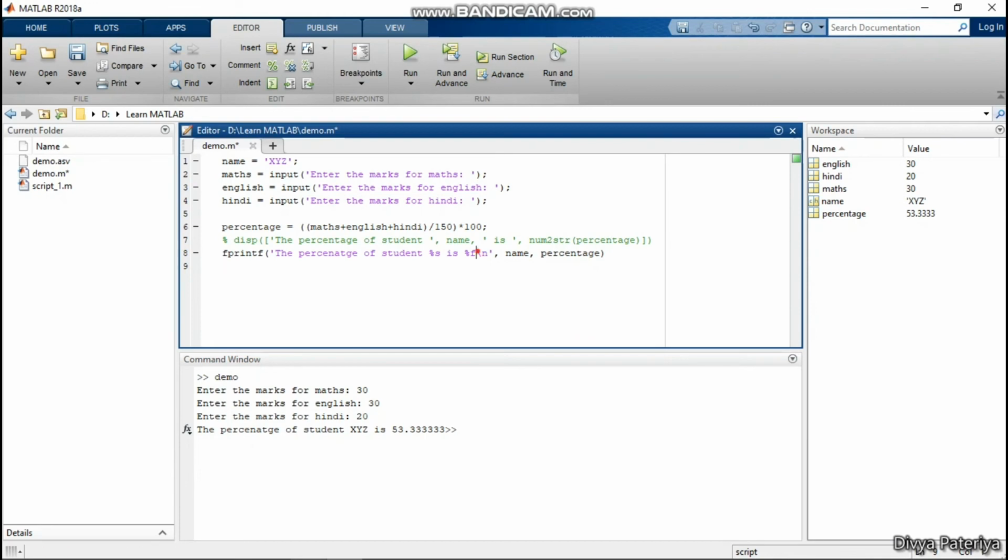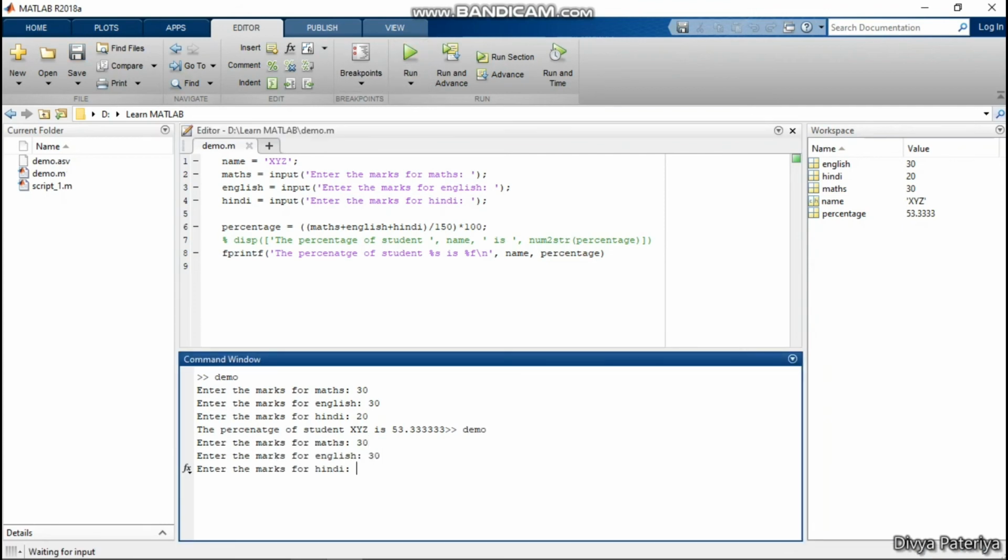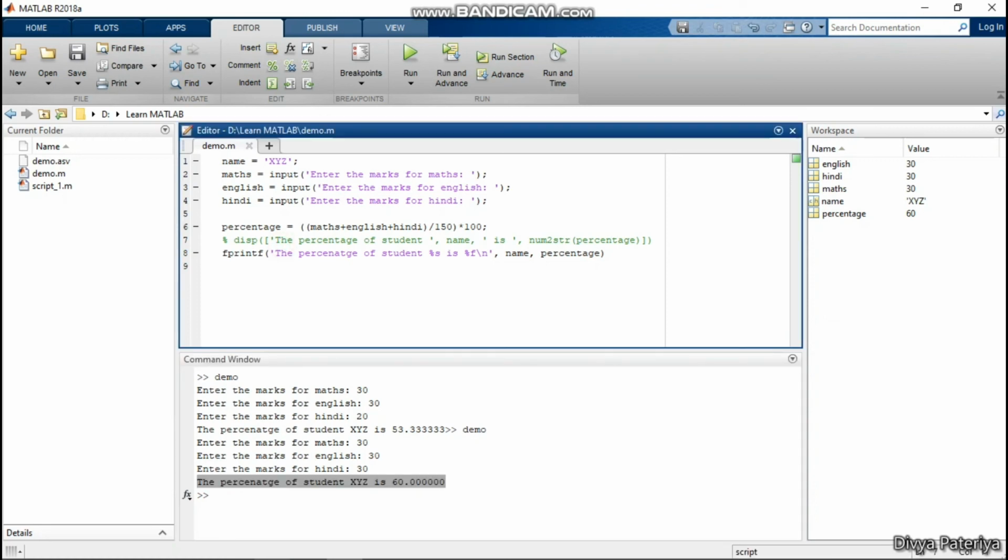By adding backslash n, I mean to say that when this command is completed, please redirect me to the next line. So if I run this command again, I will see 30, 30, 30, and now MATLAB is giving me the prompt in the very next line. So this yields just the same result as we wanted to display in the 7th line.